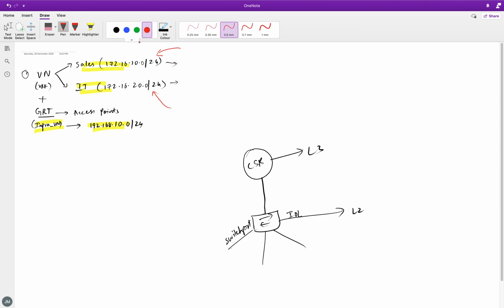The simplest way would be to create VLANs. In my case, I have my sales, I have my IT, and I also have my infra VN, which is nothing but the AP. So the ideal way is to create VLANs. I could create VLAN 10, VLAN 20, and VLAN 30, three different VLANs, and I can trunk the port here, so that all three VLANs go on this, and here on the CSR1000v, I could create sub interfaces